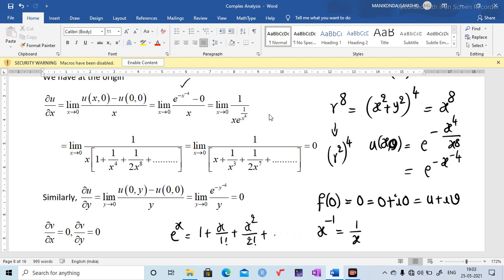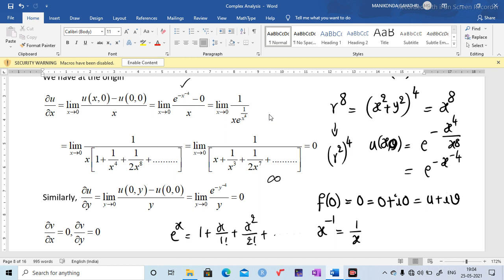So now I am replacing x with 0. So here 0. Here 1 by 0 is infinity. So finally in the denominator you have infinity. 1 by infinity is 0. Similarly, I am going to find out dou u by dou y. Then I will reach the same expression, but in terms of y, the answer is 0. Therefore, similarly, dou v by dou x is 0.